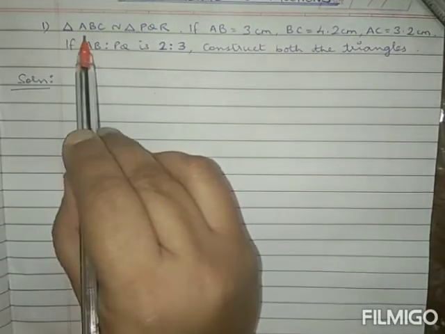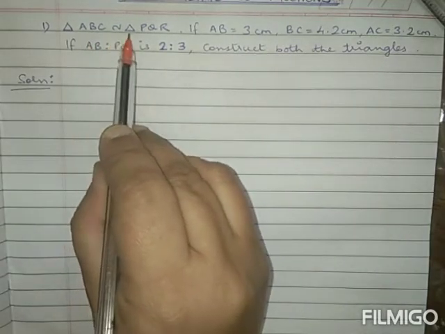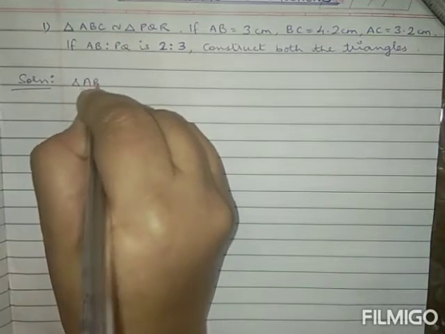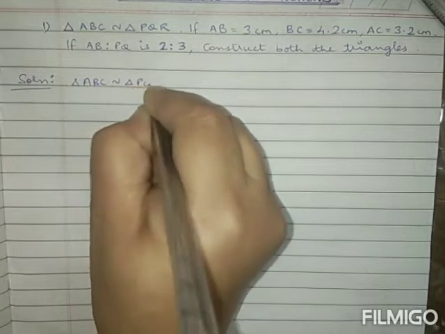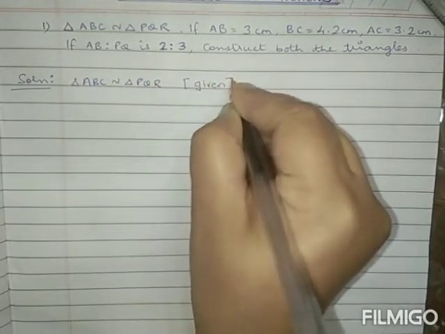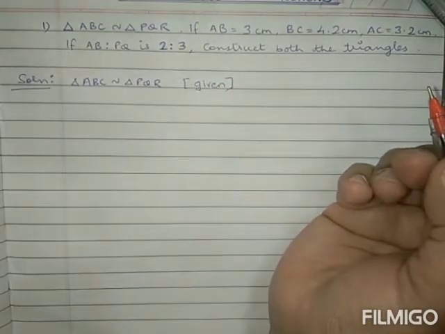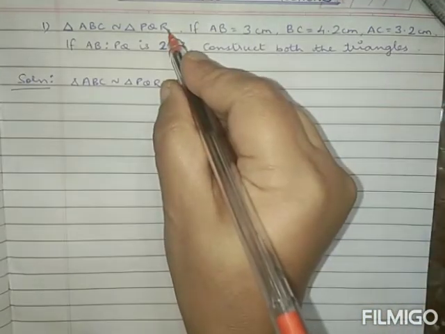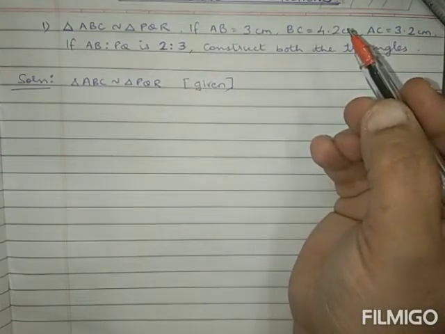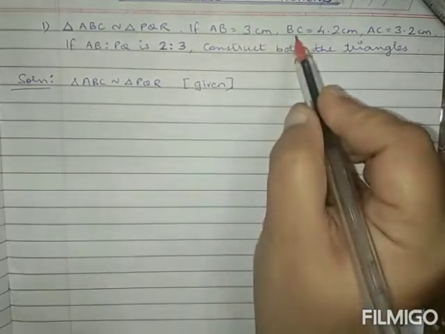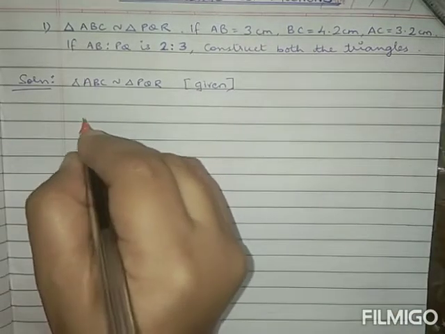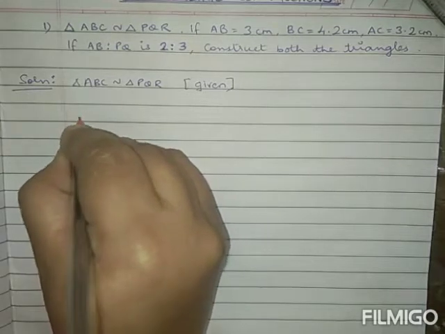What is given to us? That triangle ABC is similar to triangle PQR. So we will write it down. How do we know? Because it is given to us. Now because the triangles are similar, what property do we know about similar triangles and their sides? That the corresponding sides bear a constant ratio. So now we will write down, therefore